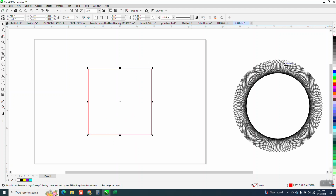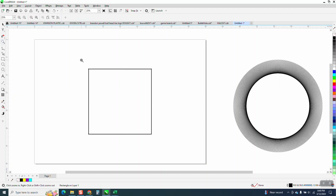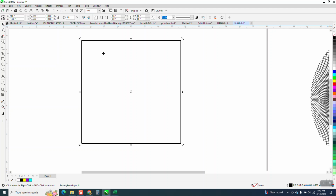I'm going to hit P, put it in center page. I'm going to make a rectangle. I'm going to make it a little bit thicker. What he needs to do for Control D to work,